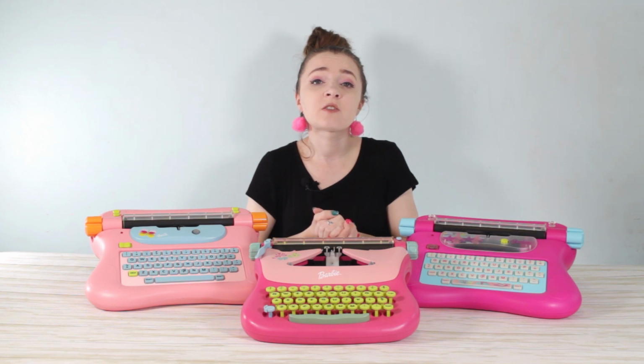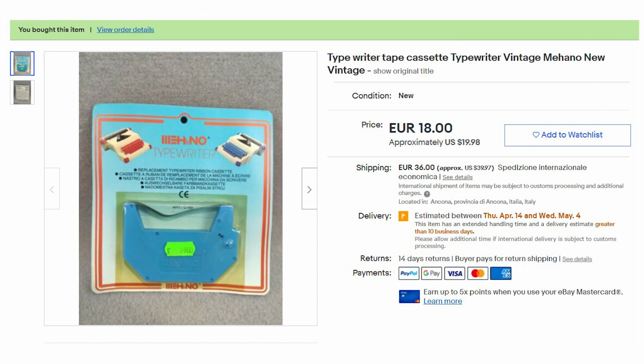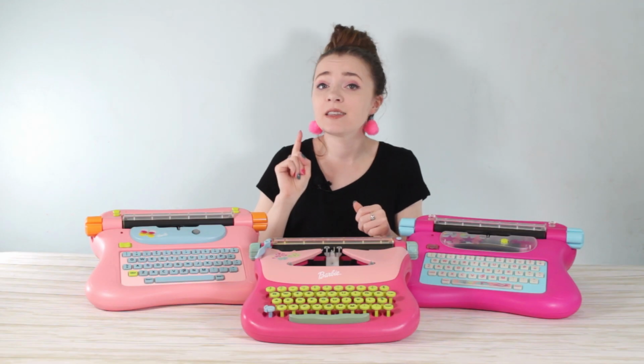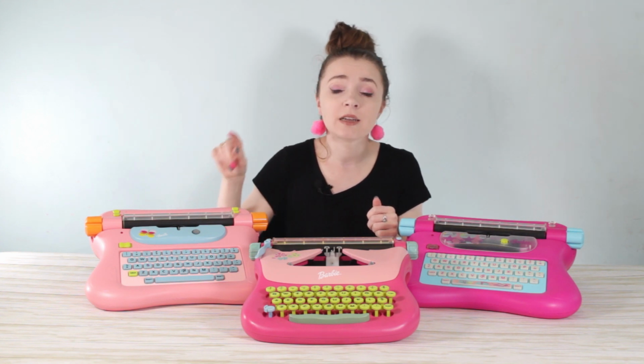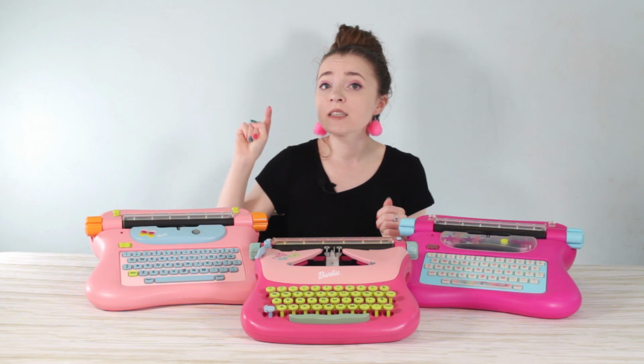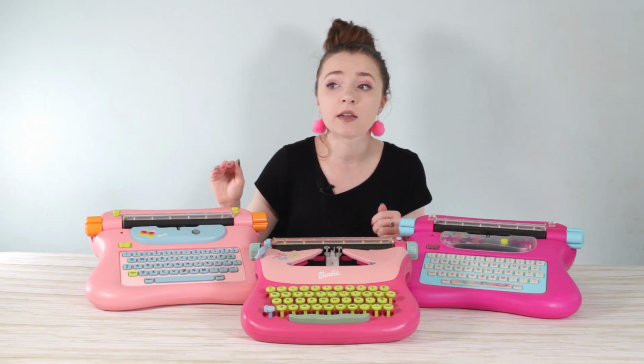So I actually got a search alert from a post somewhere, I can't remember where, for a Mahano replacement typewriter cartridge for one of their models. I went and looked at it and I was like, oh, that would be perfect. I bet that will fit in the manual machine. Now, it's not exactly the same model as my Barbie manual typewriter, and it's for a Mahano machine, but maybe that'll work. So I went to buy that one,